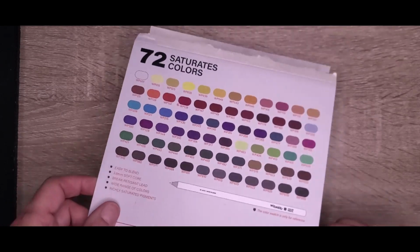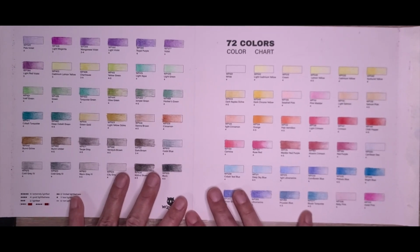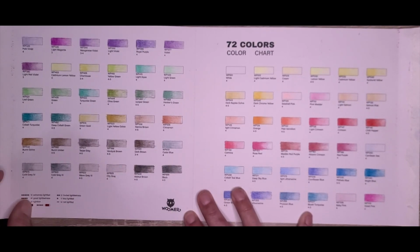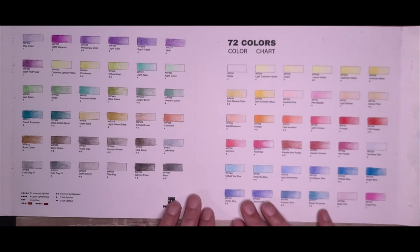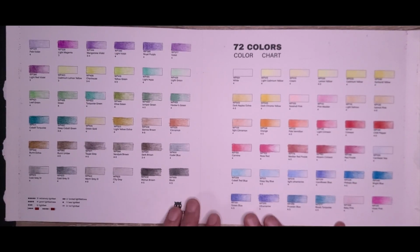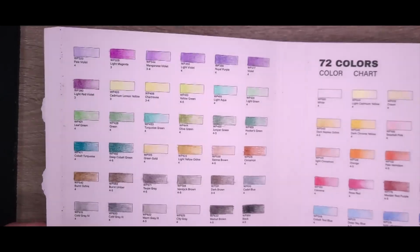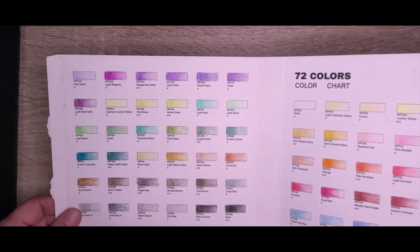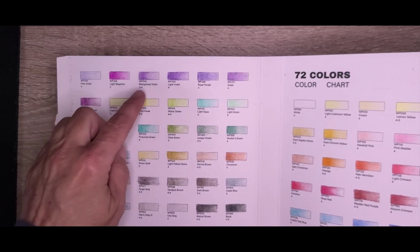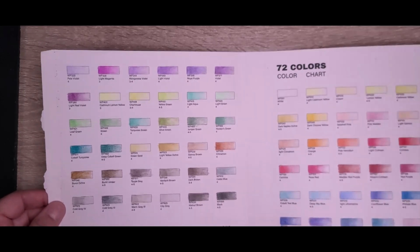And then inside is your provided swatch chart. It is a thick cardstock, though a little bit toothy and soft, and I found that the palette still did really well for such a soft, spongy feeling cardstock. The important thing is that if you look at these colors, and I can't get too close to the light, we have rating numbers 4, 3, 3-4 means really 3.5. And I saw 0